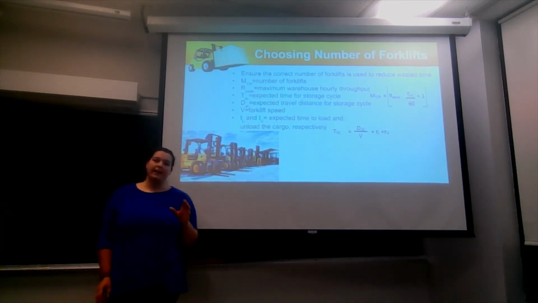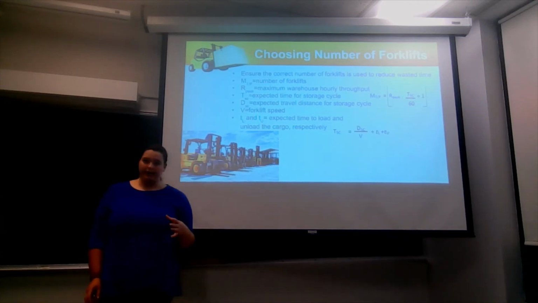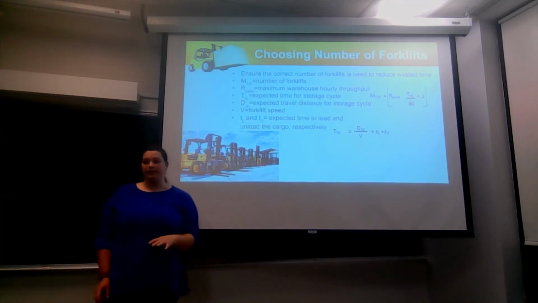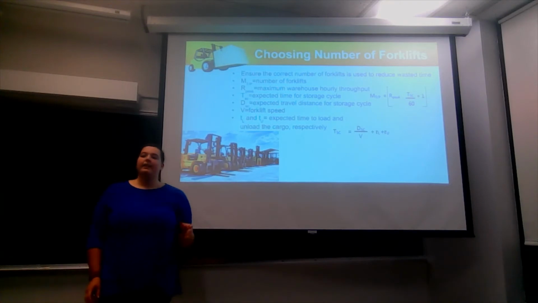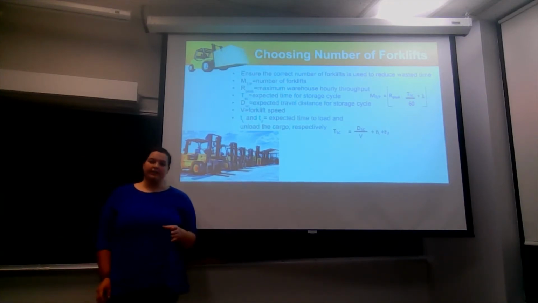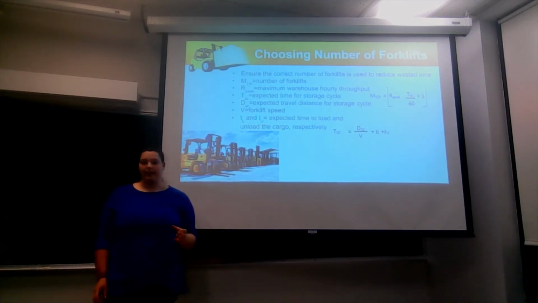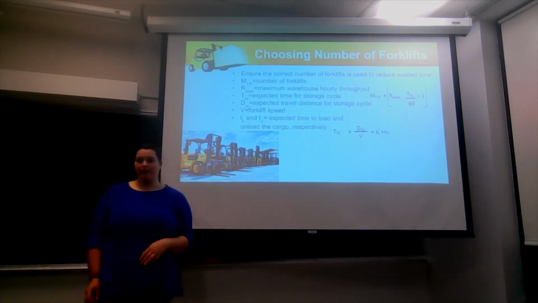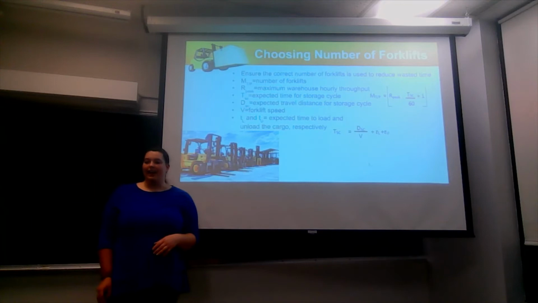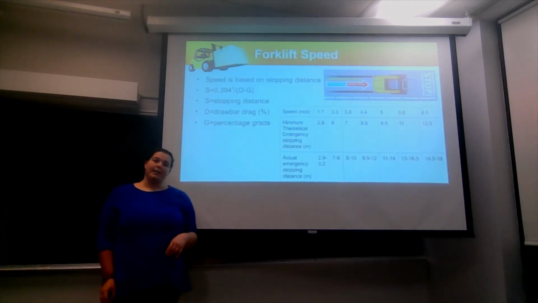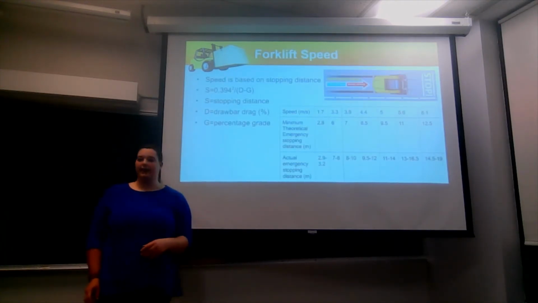You will essentially take the number of products that need to be moved and add that to your total storage cycle time divided by 60, and then add 1 to that to get the number of forklifts. To calculate your total storage cycle time, you need to take the travel distance you expect the forklift to go during that storage cycle time and divide it by the forklift's velocity, and then add that to your load and unload times. And then to calculate your velocity, it's actually based on your stopping distance instead of